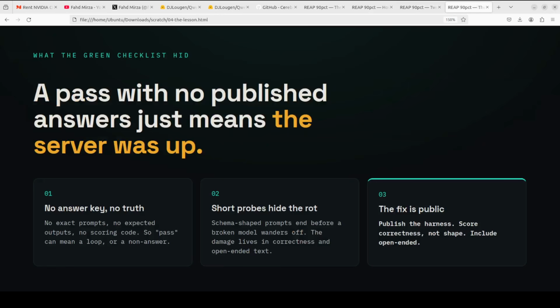Now look at this one. This is the takeaway, and it matters far beyond this one model. When a card shows you green ticks but never the questions, never the correct answers, and never the grading code, that green can just mean the server turned on and words came out. The fix is simple. Show the questions, show the answer key, and test whether the model is right, not just